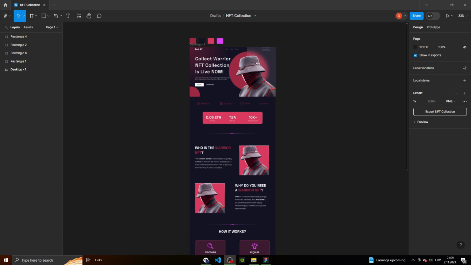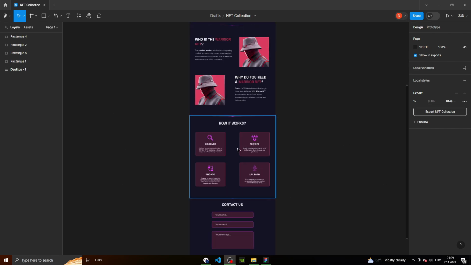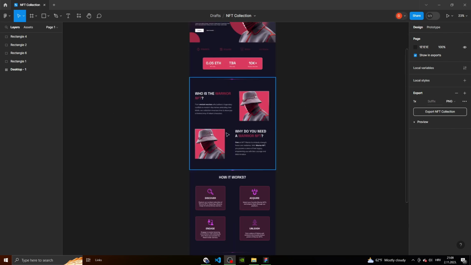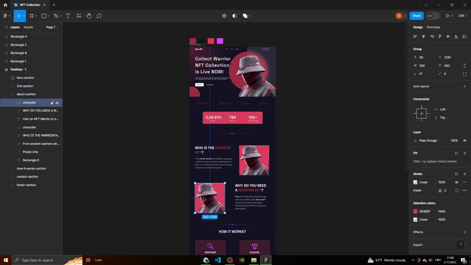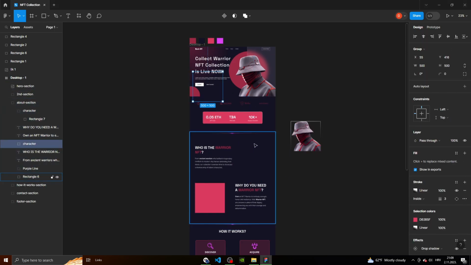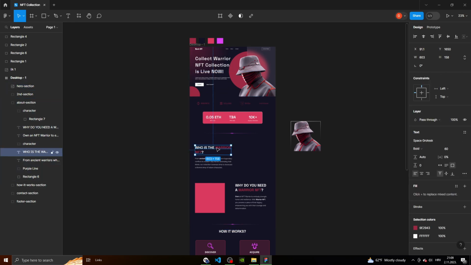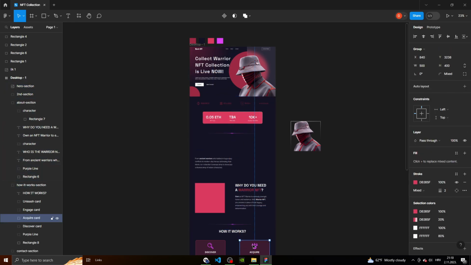Today I will show you how to use undo or redo in Figma. So we will use this design as an example. First we will mess up this design a little bit. We will, I don't know, put this image here, put this here, we will put this text here and these